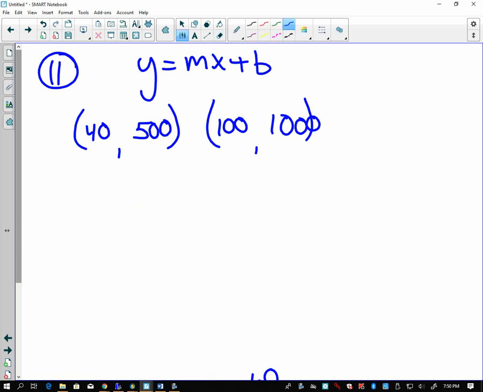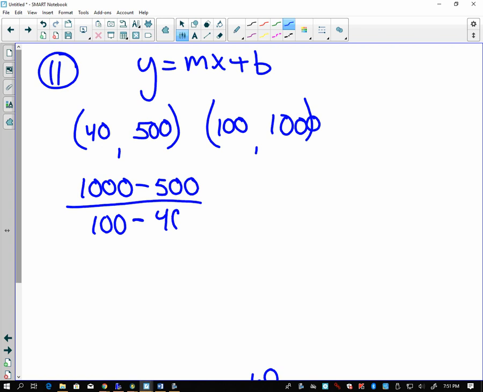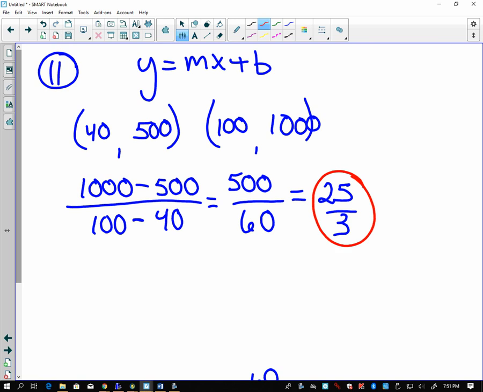Let's see if we can still get there. All right, so you'd wind up with 1,000 minus 500 over 100 minus 40. We should still get 60 here, but on the top, we're going to get 500 over 60. See if we get the right slope at least. And we do. Well, that gets us to 25 thirds. So it does give us the right slope this time. Let's go ahead and use 40 and 500 again. Let's use y minus 500 equals 25 thirds